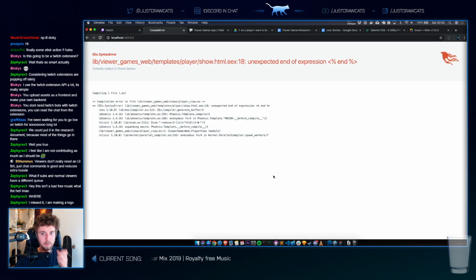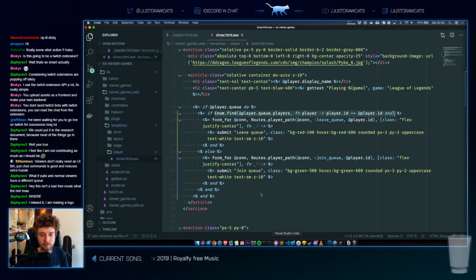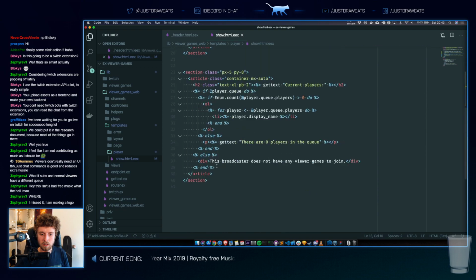Compiler: unexpected end. This is the form end. This is the else end. How do I do else again?